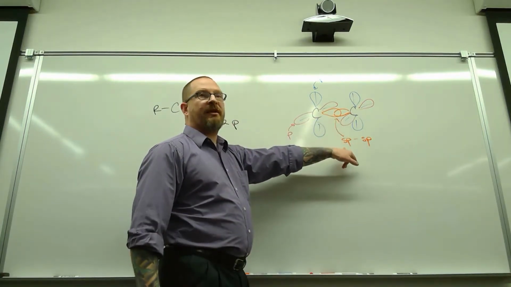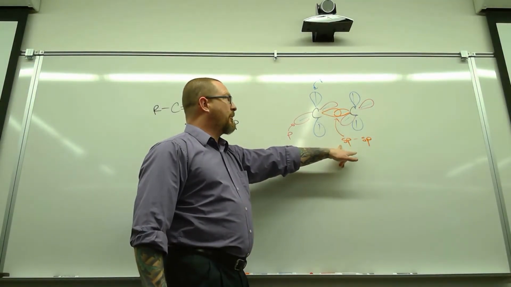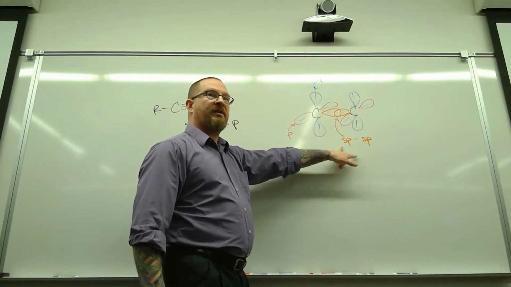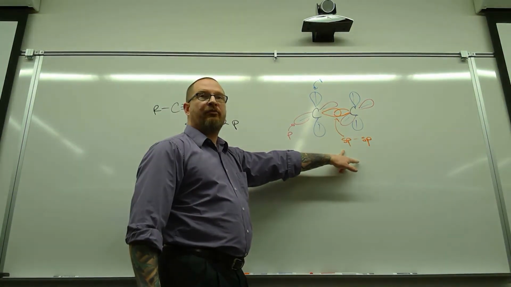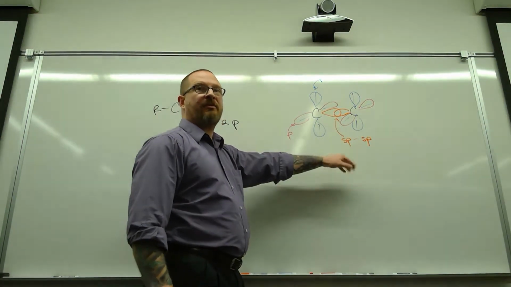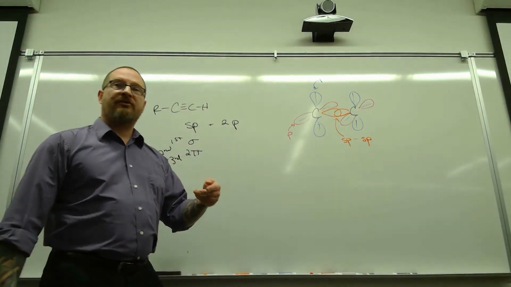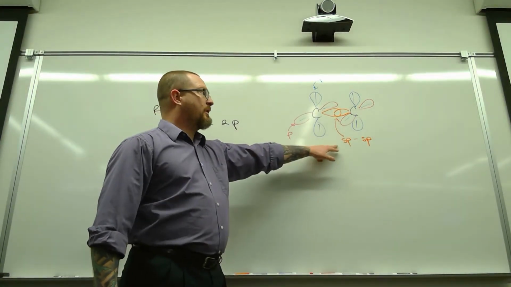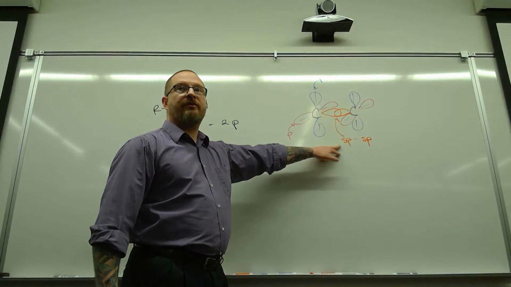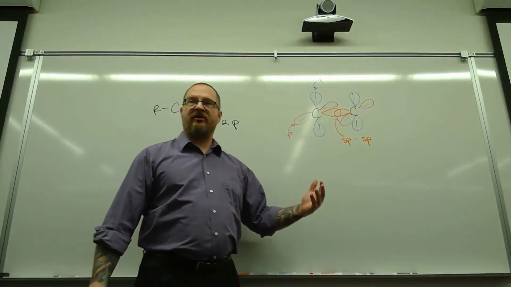It's going to be our sp-sp. These bonds are particularly short because they have more s character proportionately than previous hybrids. So before we have sp3, which is 25% s character, sp2, which is 33% s character, and now we have 50% s character in these hybrid orbitals. So these electrons are held very close to the nucleus, which gives you even shorter, tighter bonds for your sigma